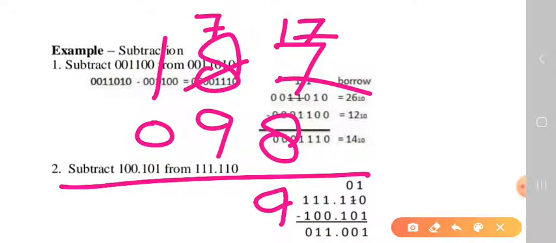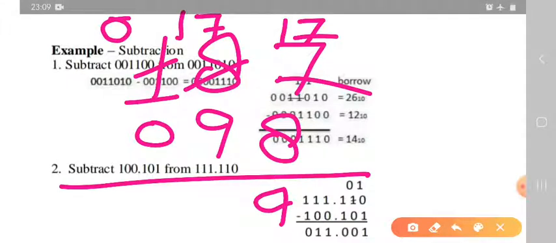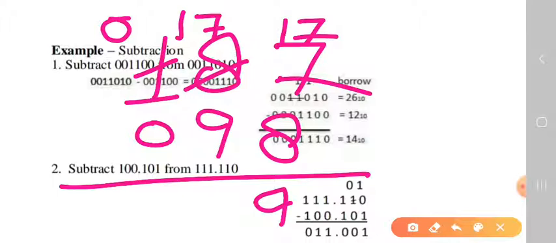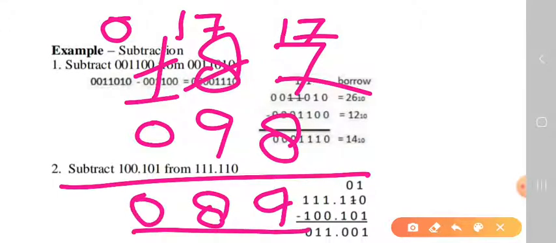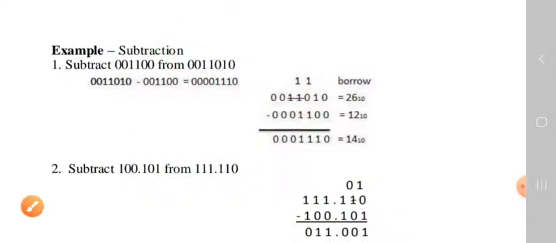Now see, this number 8 becomes 7 and 7 is not able to subtract 9. So in that case, we will take carry from this number. This number will become 0 and this number will become 17. And when you subtract 9 from 17, you will get an 8. And this is 0. So this is a simple subtraction rule which is applicable everywhere, either it is a binary number or a decimal number. Hope you all are able to understand it.